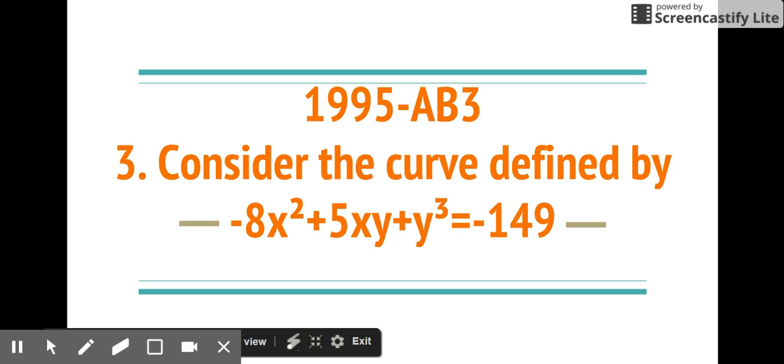Today we're going to be looking at the 1995 AB calculus problem. Consider the curve defined by negative 8x squared plus 5xy plus y to the third equals negative 149. So we'll be looking at a series of sections of this problem. The first one, A: find dy/dx or y prime, also known as the derivative